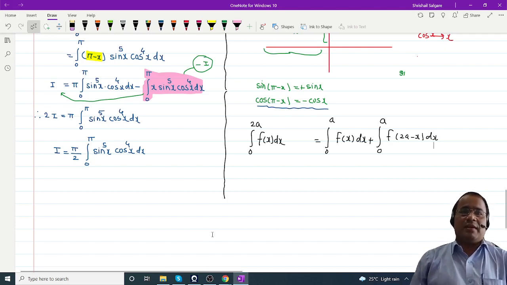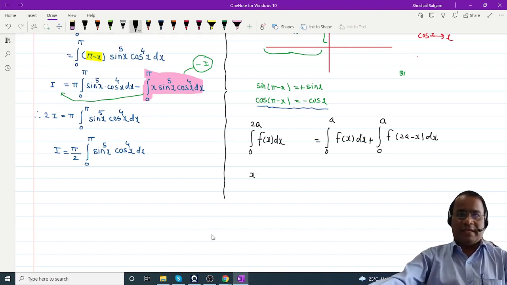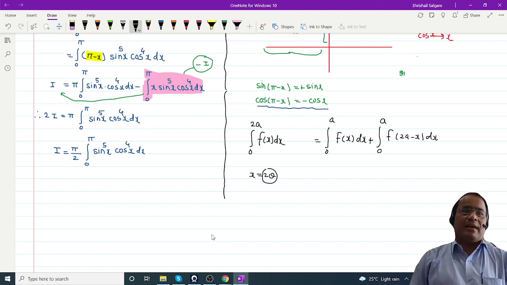So what, sir, happened? We can use substitution as x equals 2 theta. Okay, you are telling that x is equal to 2 theta. Okay, I will go with it. dx is equal to 2 times d theta. When x is equal to 0, but angle comes 2 theta after that. You are getting limit 0 to pi by 2, but angle you are getting 2 theta. Yes, sir. Okay, that is, sir, no use. f of 2a minus x is equal to f of x.